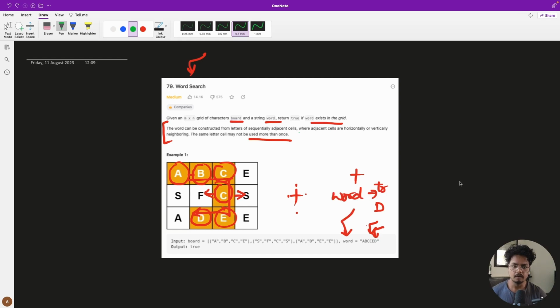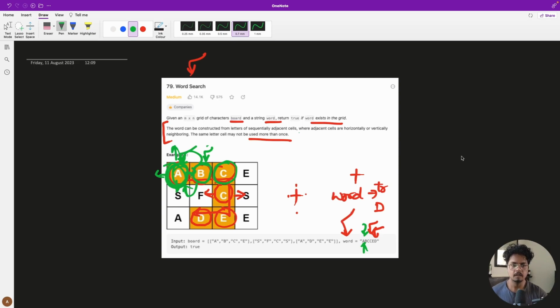Now let's look at the idea. How can we actually solve this problem? If you see, we picked the target character from the word, and then we try to search for it in the matrix. When we found it, our target character changed to the next character of the word, and we started exploring the adjacent cells of the previous character, which was this cell. So we explored up, down, left and right. We found B, then our target character changed from B to C, and we started exploring adjacent cells of B. We found C here, but we cannot use this cell,